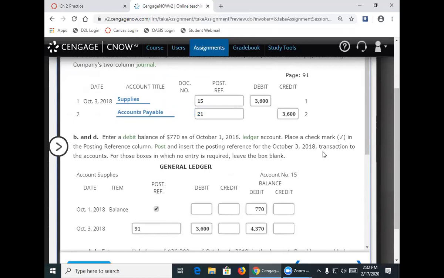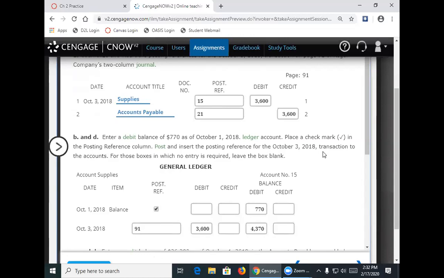So again, it's just showing a little snapshot of a journal entry and the ledger posting. Obviously, it gets more complicated than this. You would have the whole ledger to look through to find these accounts, but that's the basic understanding. Yes. So why is it on October 3rd, the reference in the general ledger is 91,